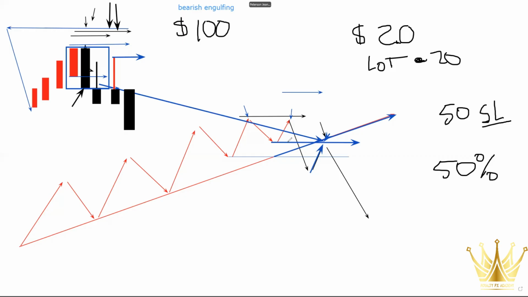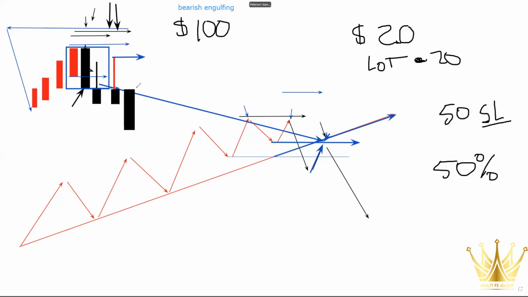It means the maximum loss per trade should never be more than 1 or 3% of your capital, okay? When it comes to position sizing,